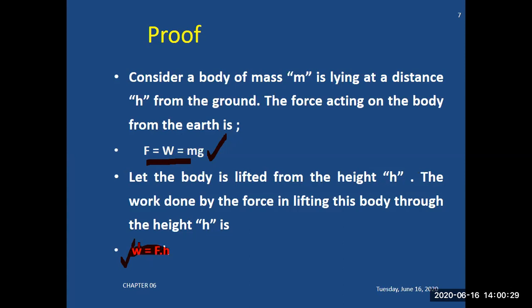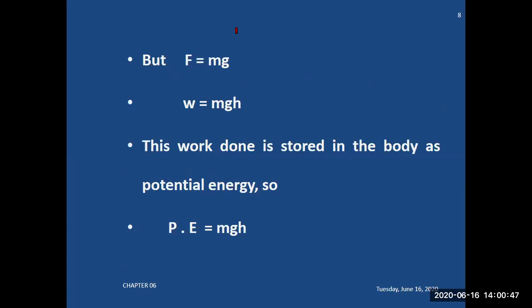Look at, this is the amount of work done calculated. W is equal to F dot h. This is the force which you have applied to lift any object up to height h. Basically, you have done some work, and you need force, and you need some displacement. Here, the displacement is h due to height. So when you put the values, you get the amount of work done. The force acting is not ma. It is against gravity, so that's why the acceleration is g. So the work done is mgh.